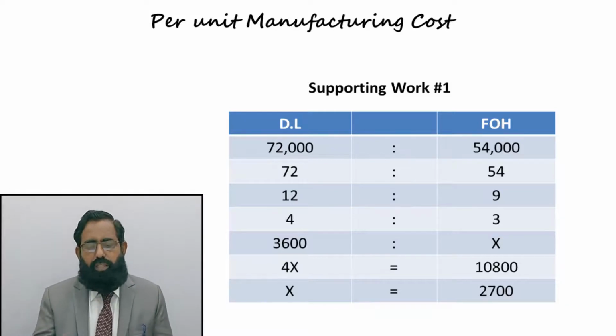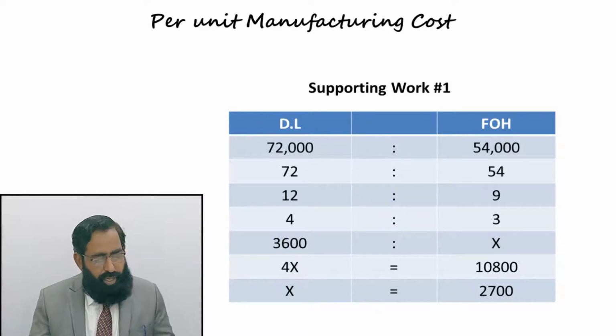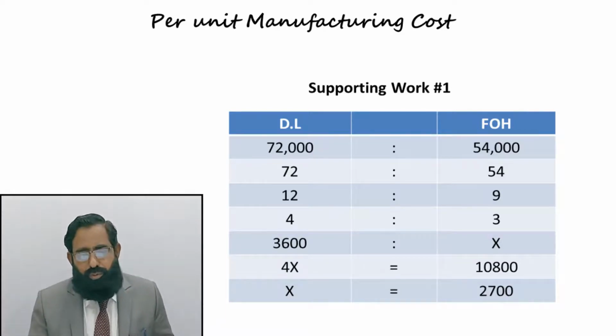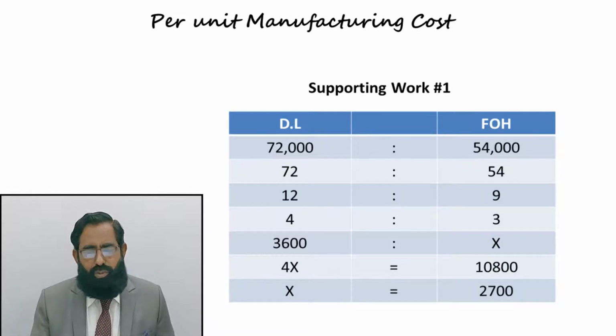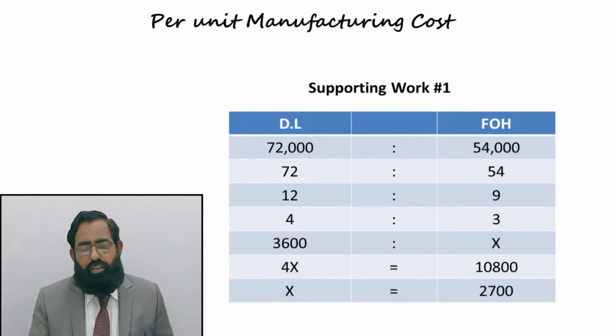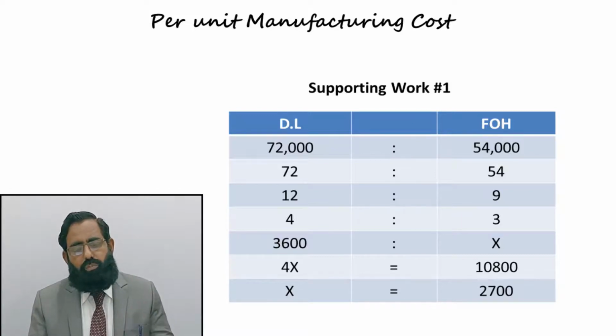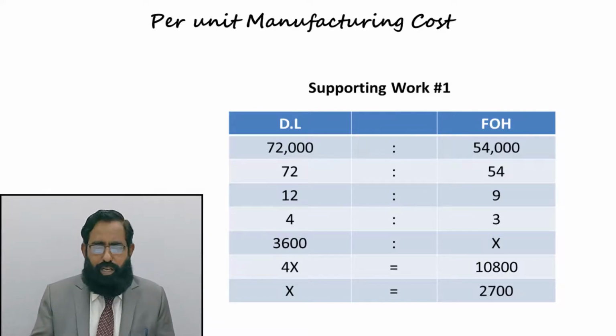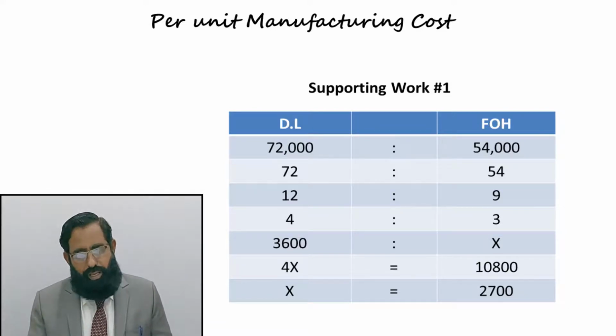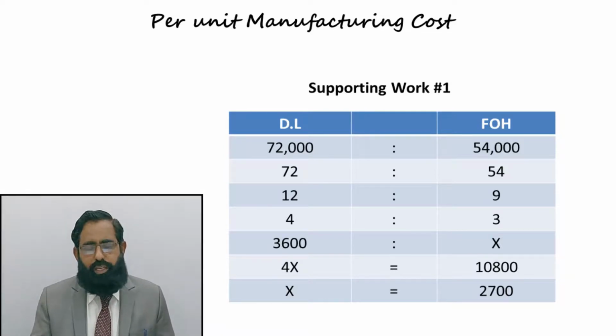वी सी दैट इन द क्वेश्चन वी आर गिवन डायरेक्ट लेबर 72,000 and factory overhead 54,000. We establish a ratio in these two values, 72,000 रेशो 54,000। इसको हम जब मैथ के रूल के मुताबिक सिंप्लीफाई करेंगे तो 72 रेशो 54, 12 रेशो 9 और सिंप्लीफाई करेंगे 4 रेशो 3। डायरेक्ट लेबर और FOH के अंदर जो रेशो पाई जा रही है वो 4 रेशो 3 है। यानी अगर डायरेक्ट लेबर ₹4 होती है तो FOH की वैल्यू ₹3 होगी,